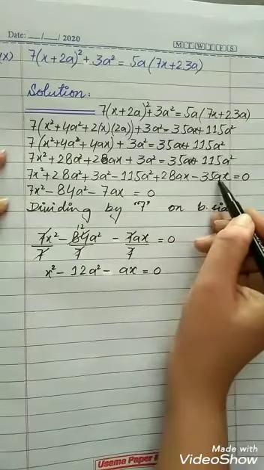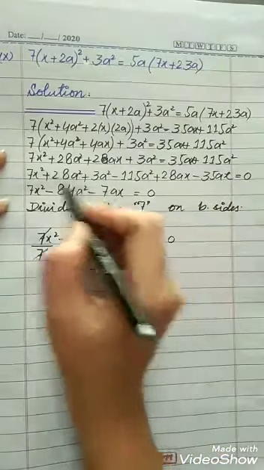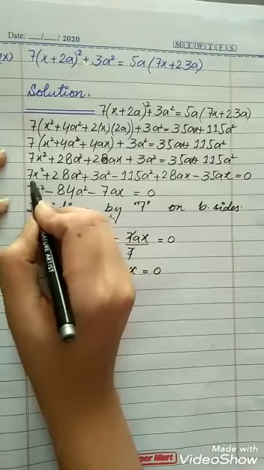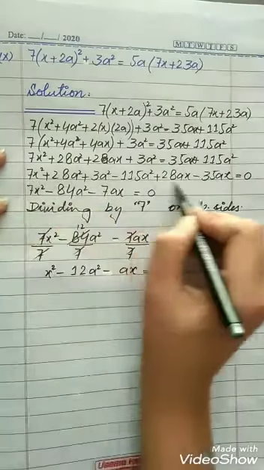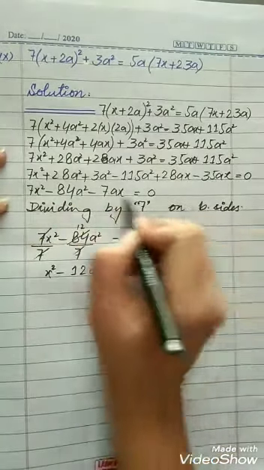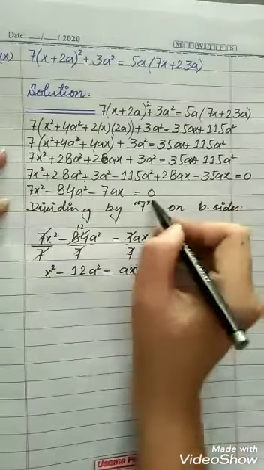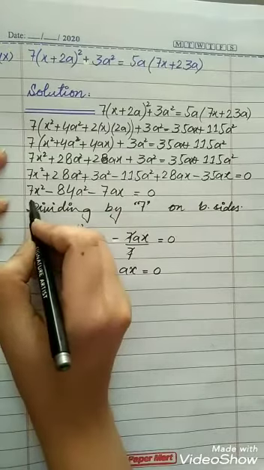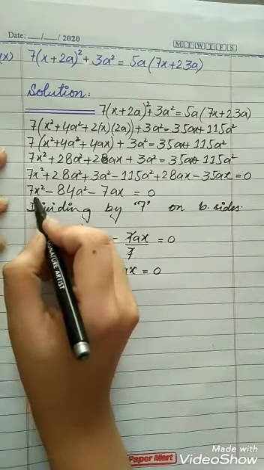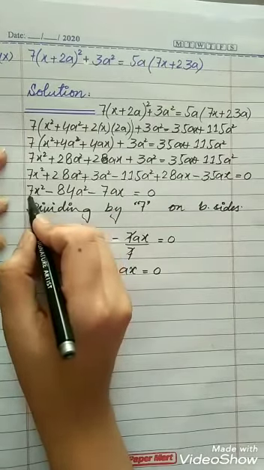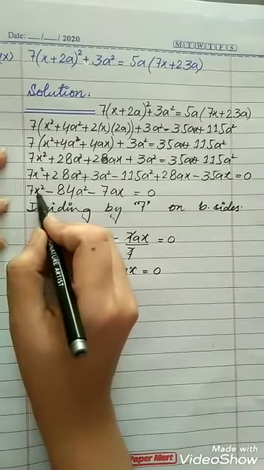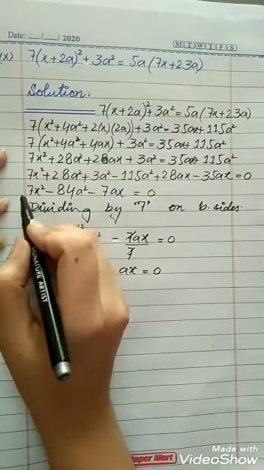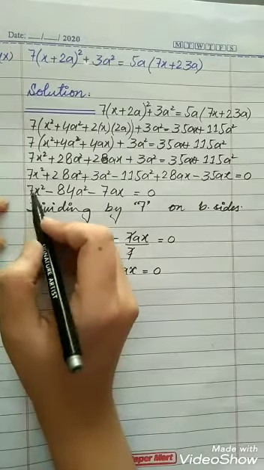and 35ax, that is minus 7ax. X square will not be added with any value because it is x square and no other variable is x square here. It will be equal to 0. Now that is a quadratic equation, but it is not according to our required quadratic equation because it has 7 as the coefficient, and 7 is not a perfect square, 7 is not a complete square, 7 is not 1.